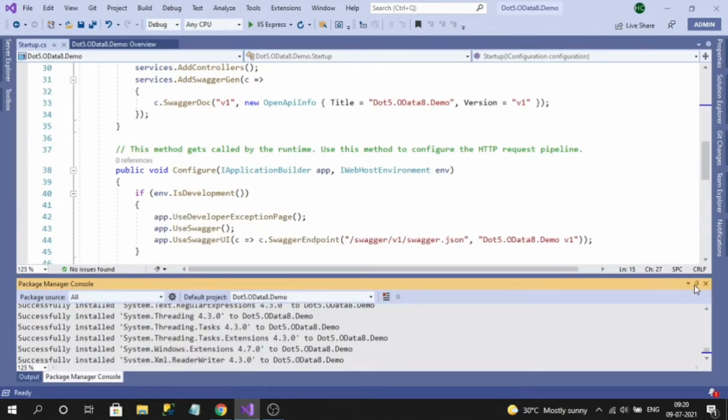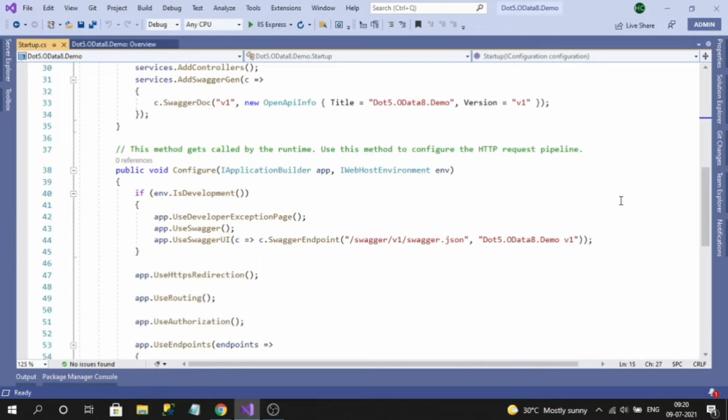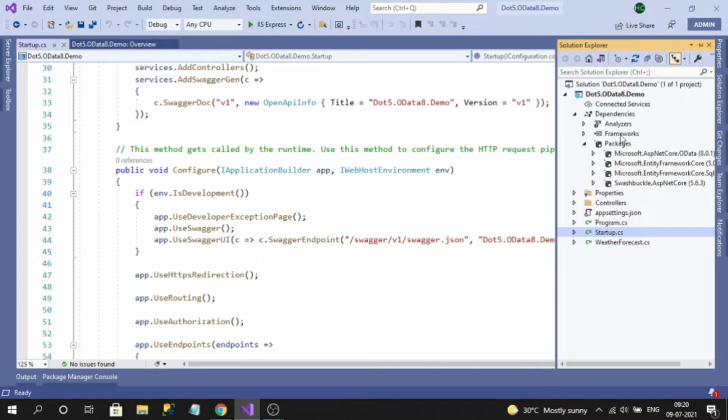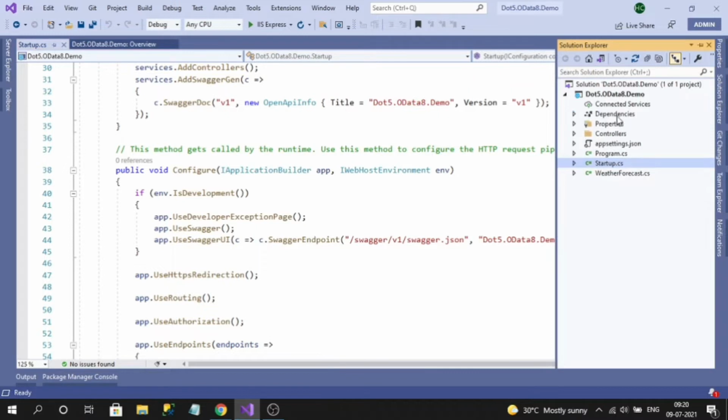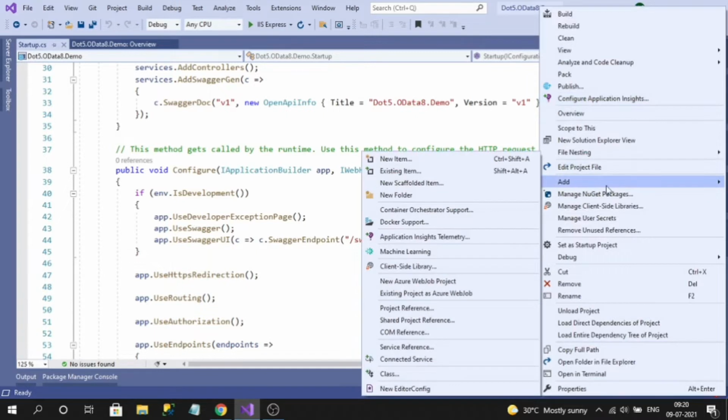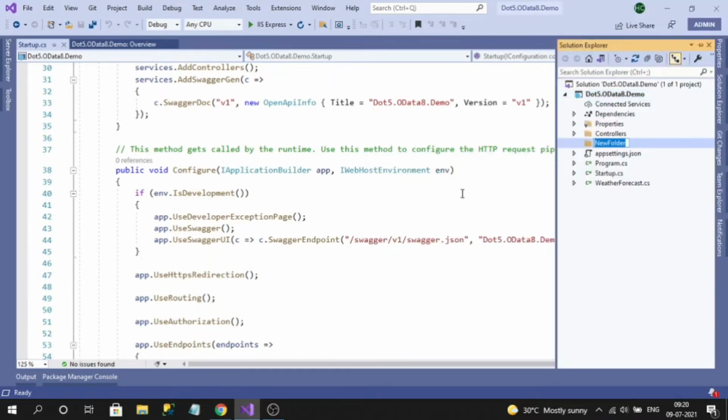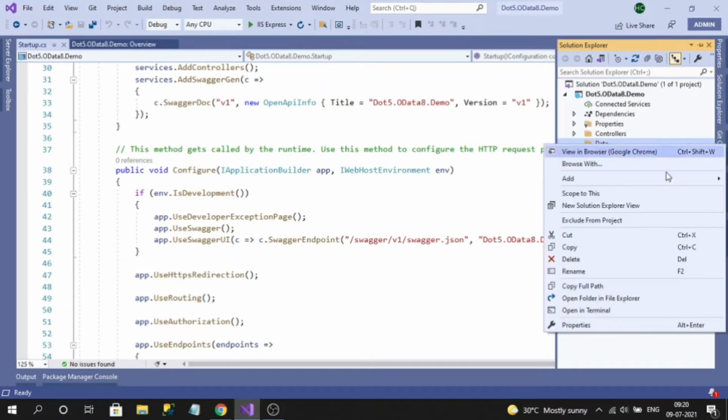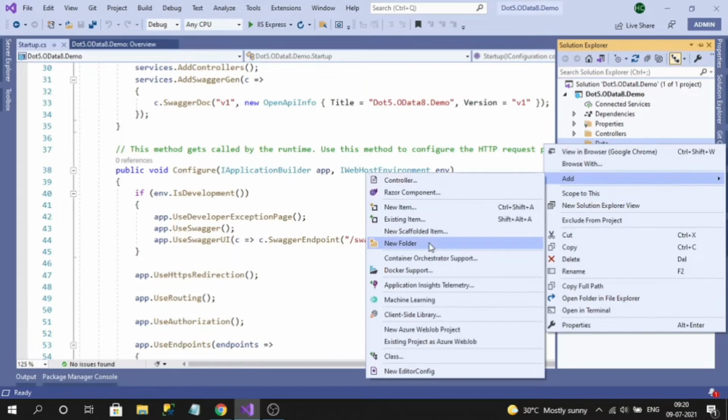Now in this demo, I am going to use code first with existing database. So for that, I need to create a table class. So first what I will do, I will create a folder like Data. So inside the Data folder, let's add another folder like Entities.